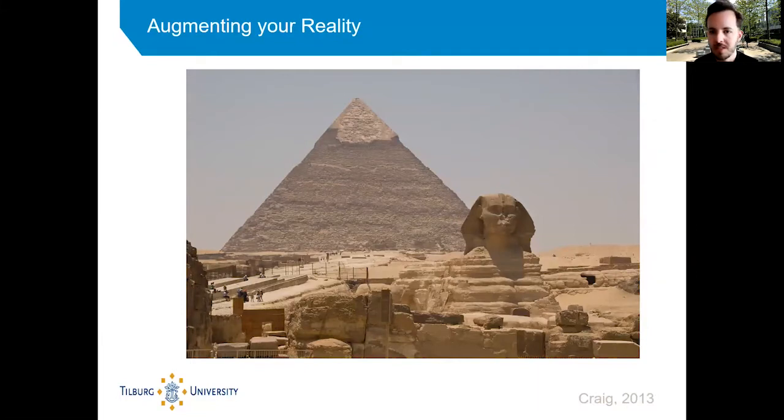So for instance, the swings you see here in this picture, I mean, there was totally no need to add this to the world as people knew it, right? But still people did it. So they augmented their reality with a certain element that they thought would improve it, that would augment it. And actually the same can be said about augmented reality as we know it. It's just that the elements that are added to society, that are added to the world, are digital in nature